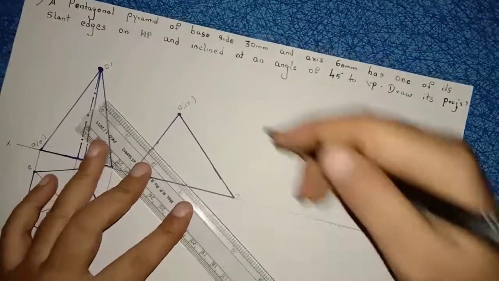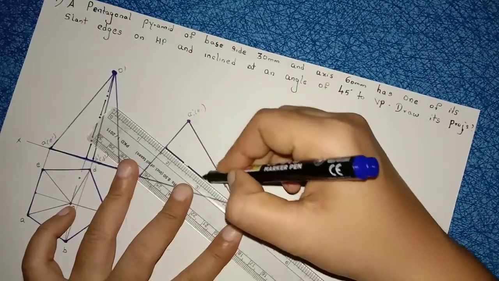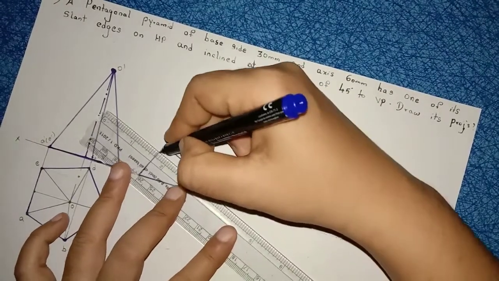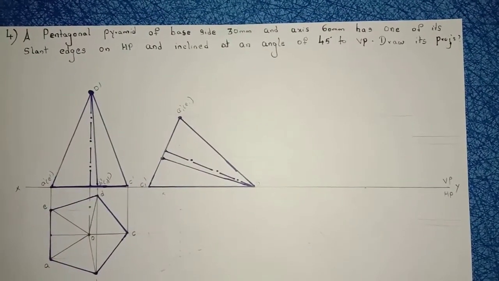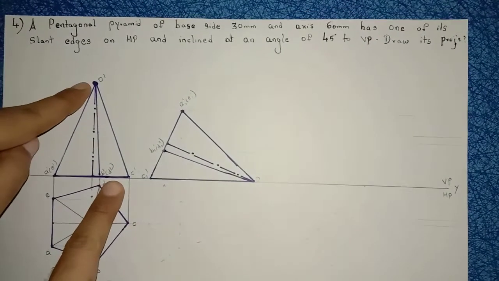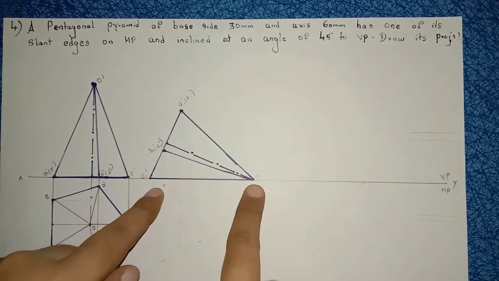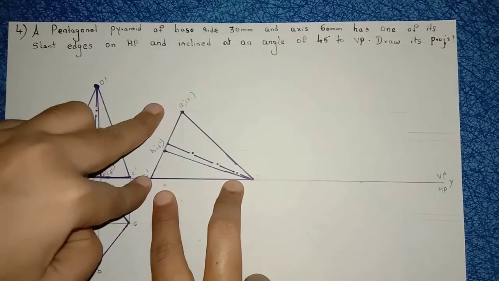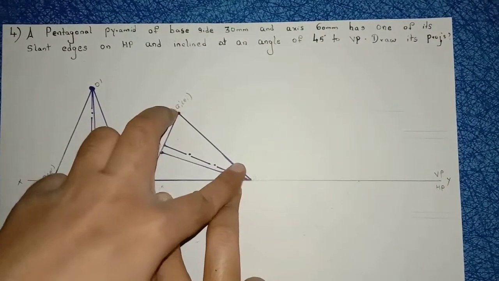Right, now through this point draw the axis line. Axis line should be dash dot, and through this point join the line to this O line. So name this point as B1 dash, D1 dash. I am drawing this pyramid here. First I measure this O dash C dash length I have drawn here. After that I took this length with compass. I am keeping my compass here and I am drawing the arc. Right, then next I am taking this length with compass. I am keeping my compass here. I am cutting the arc.